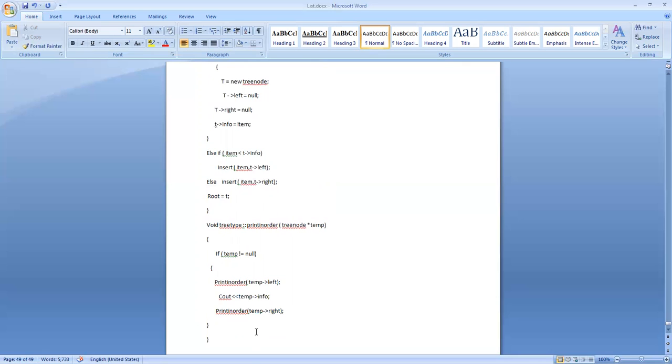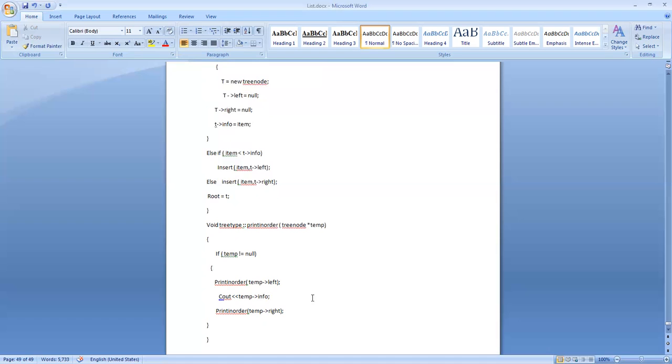So I'm checking whether my tree is not equal to null. If that is so, I go to the left side. I will keep on going to the left side as long as it is a parent. Once it becomes a parent without a left child, I write the parent value.